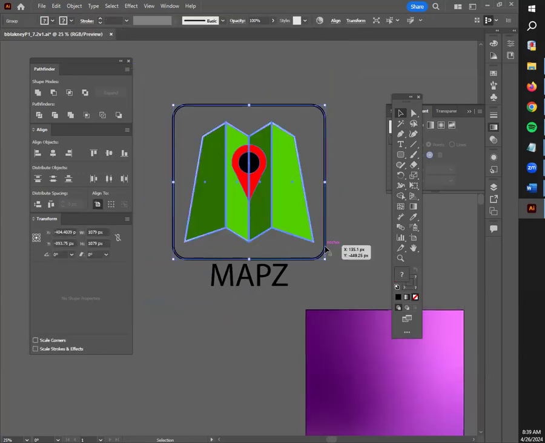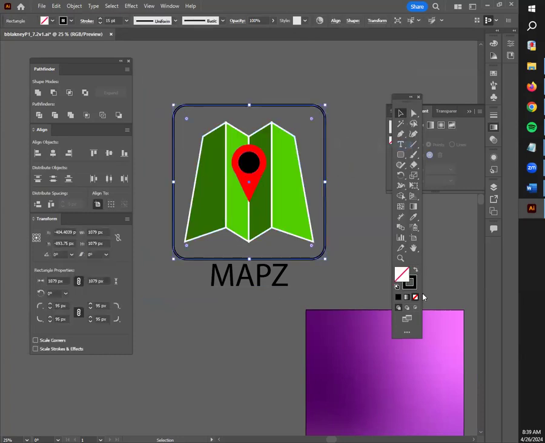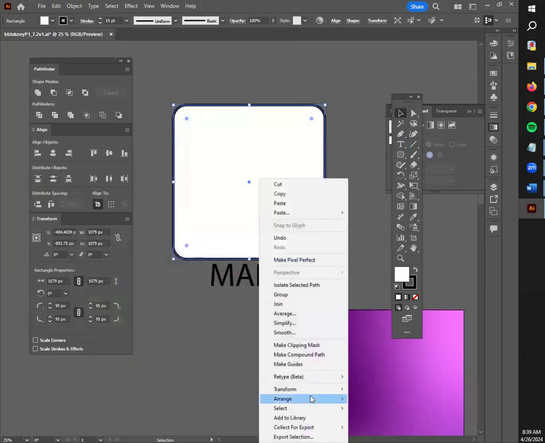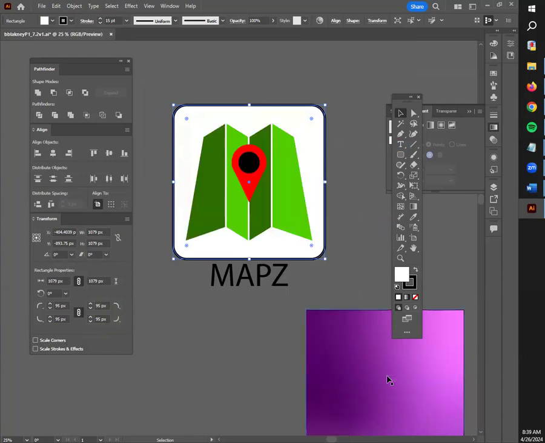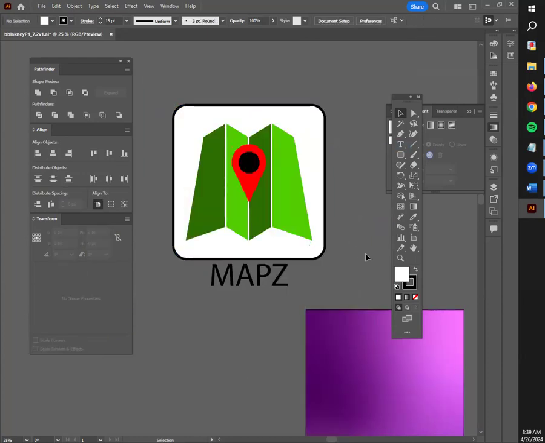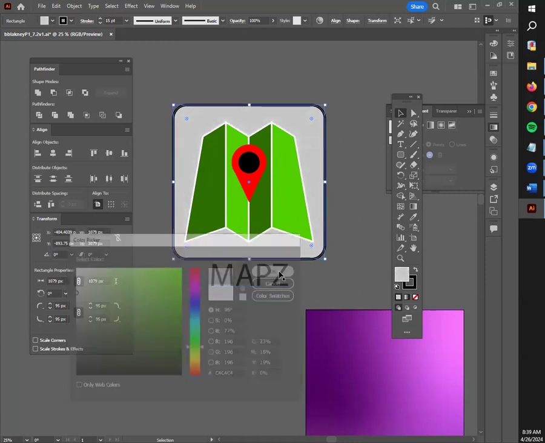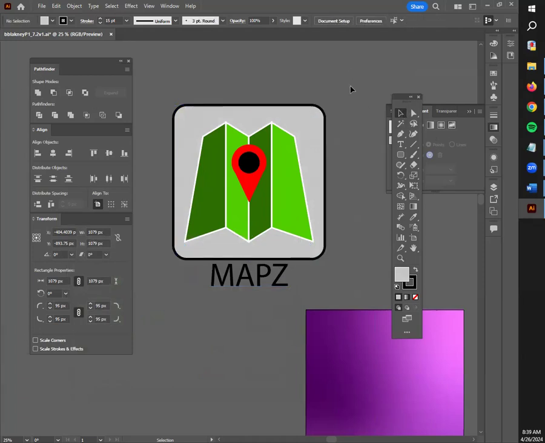If you want, if I ungroup these and I add a white fill to this and move it backwards by going Arrange, Send Backward, not two back, but just backwards. Now we've got something that looks like an app, but it takes away the white stroke that I added around the back there. The white is a little bit glaring. You want to avoid using solid white and solid black in your designs at all. Gray looks a little nasty, but at least it shows off the white stroke that I put on my map